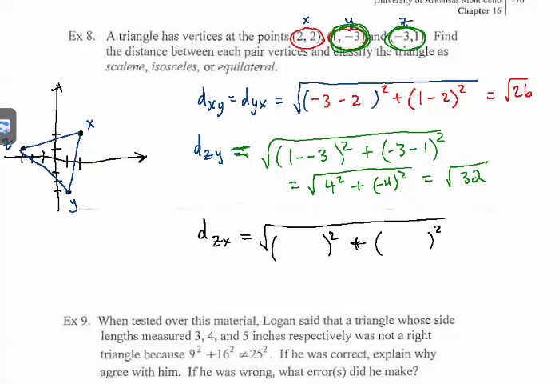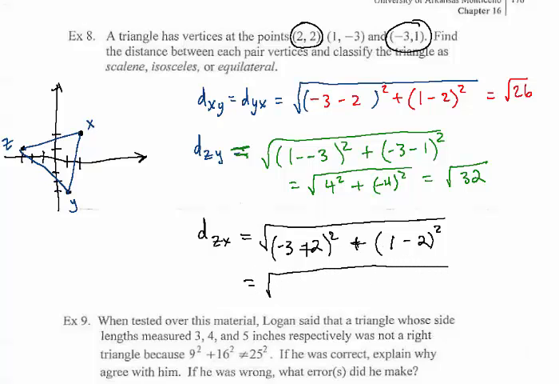So I'll go up here and we'll point out which coordinates we're going to use. That would be 2, 2, and then negative 3, 1. Okay, we take the difference of the x's, minus 3, minus 2, the difference of the y's, 1, minus 2. Doesn't matter which one comes first or second. And then we write negative 5 squared plus 1 squared,